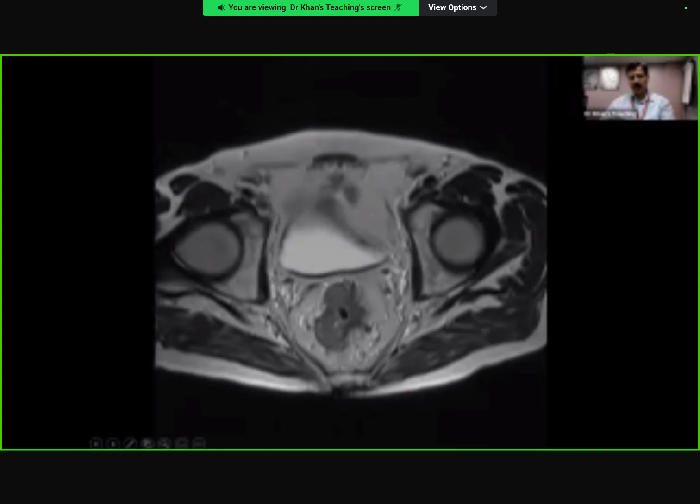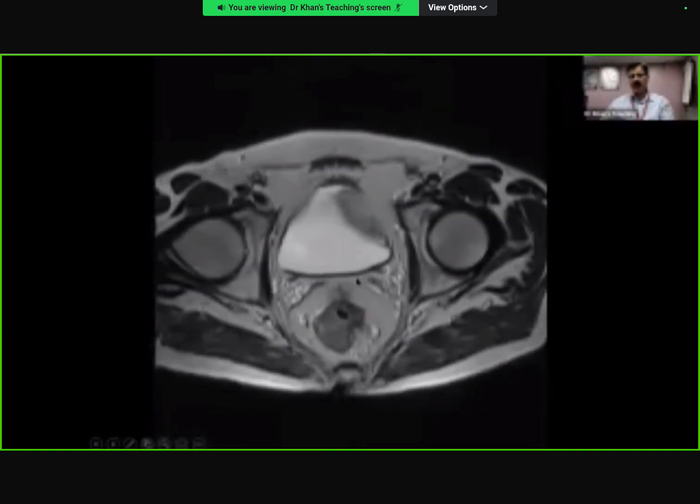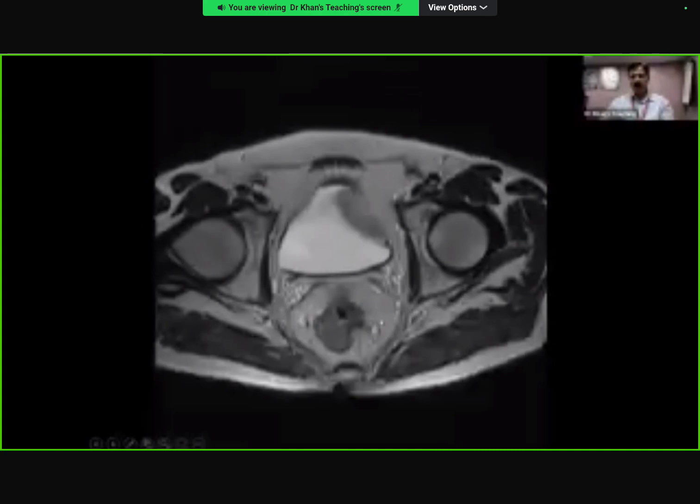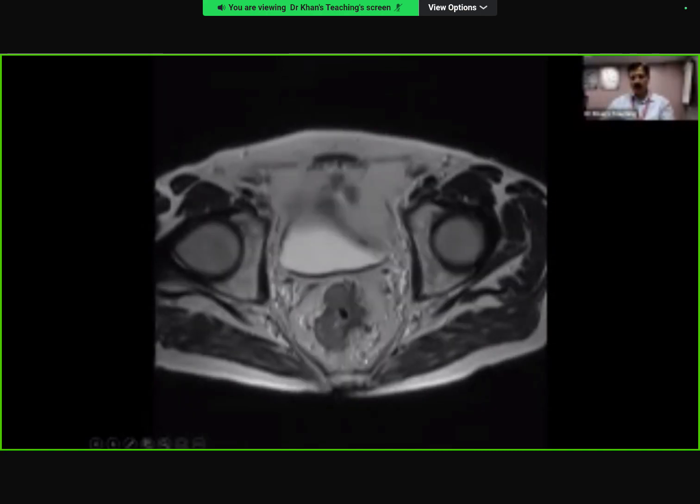Now, if you look carefully, this is the mesorectal fascia, and this tumor here is abutting it. And even here it is abutting it. So I will say that just on this point, this is circumferential resection margin positive. Now look at the lymph node. This is one lymph node in the presacral space. Look at the signal intensity. Where I am pointing out, the signal is slightly intermediate, and here it